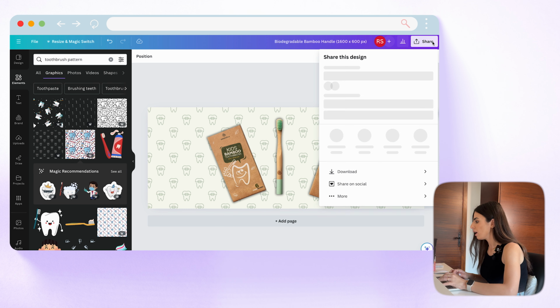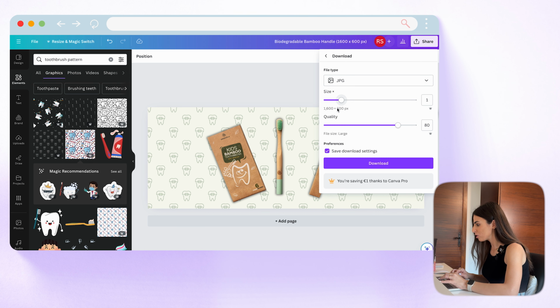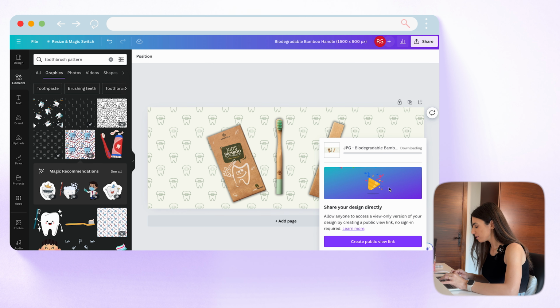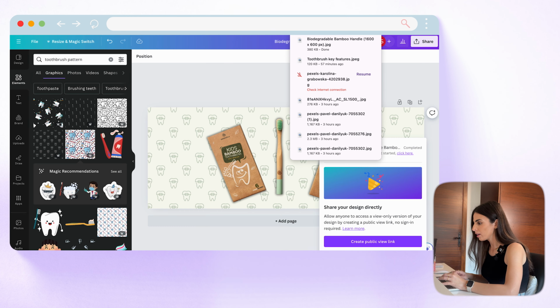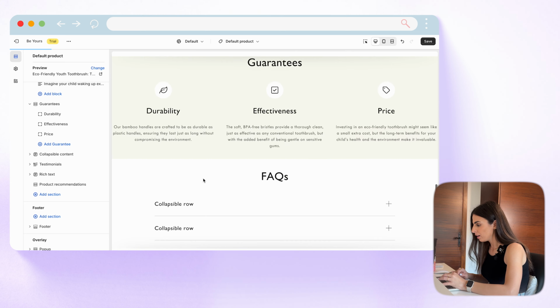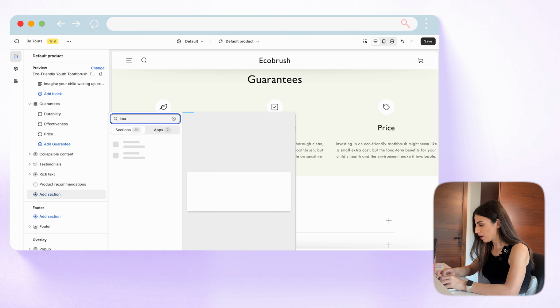like this. I will download this image. I always like to download my images as JPEG. I will download it, and I will actually enter the text within the product page itself. Okay, so going back in here, let's, for example, try the image section, the one where the image comes in